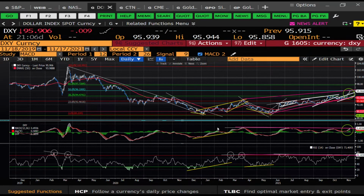So from here to here, here's where we bottomed. And now we look at these retracement lines. The first major resistance typically comes at the 38.2% retracement, and you can see right here, we finally made it up there, and it's resisted it like crazy. Now we've broken through it and stopped right at the 50% retracement, which is major resistance typically as we battle